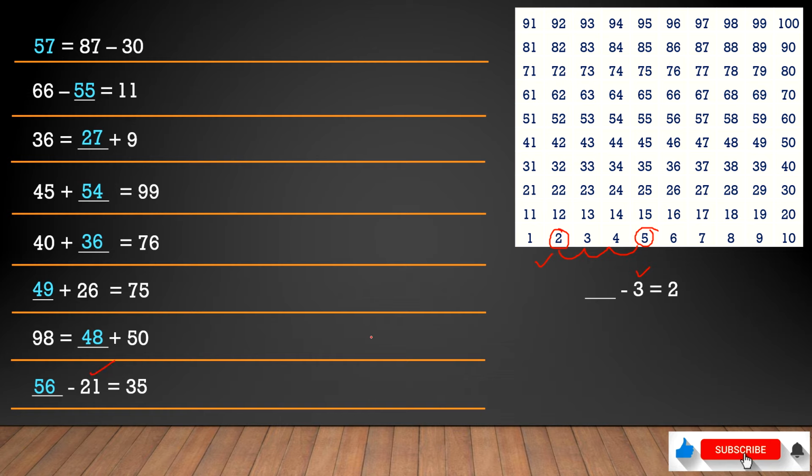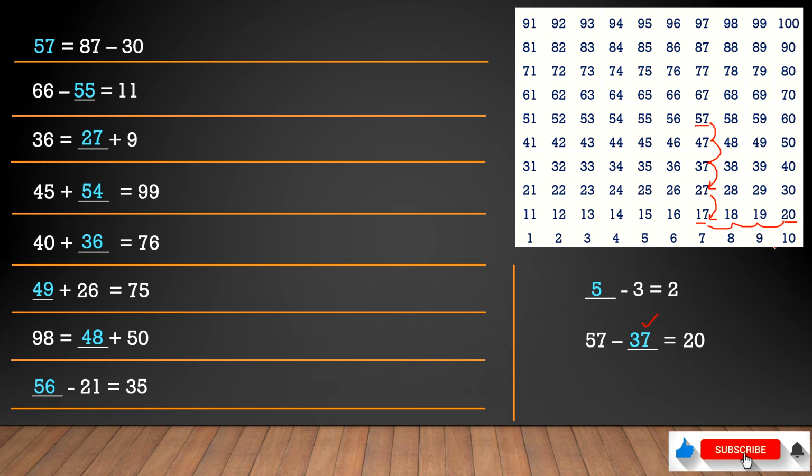This is a little different. Next question, if you look at this question, this is 57, we want to reach 20. From 57, how much do we have to subtract? This one is easy, 57, and we want to reach 20. From 57, if you subtract 10, 20, 30, you will reach 27. And if you subtract 40, you reach 17. So we subtracted 40 and we reached 17. Then 1, 2, 3 steps, we have to subtract more. So 37 will be your answer.